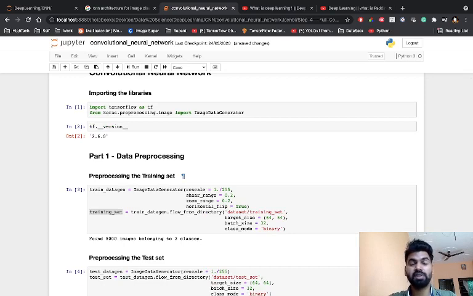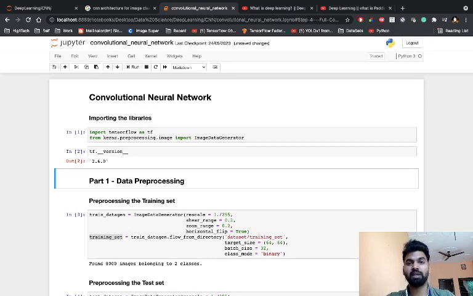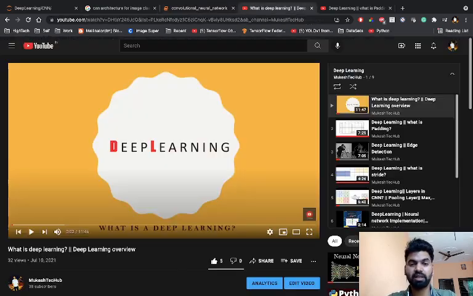Nowadays CNNs are in very high demand, because everywhere, for example on Android cell phones, the photos are categorized based on the people, whether it's this person or someone else. So convolutional neural networks are very powerful for classification purposes. Please do hands-on practice with this, and watch my deep learning series, where you will see what padding is, what edge detection is, what stride is, and the concept of pooling, when we need to use max pooling or average pooling.